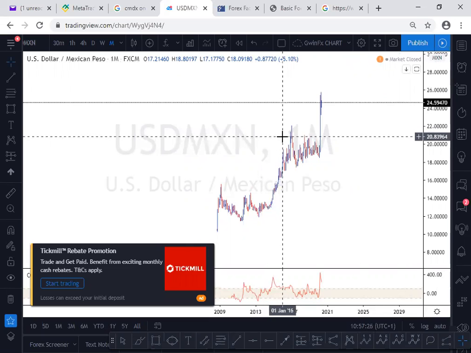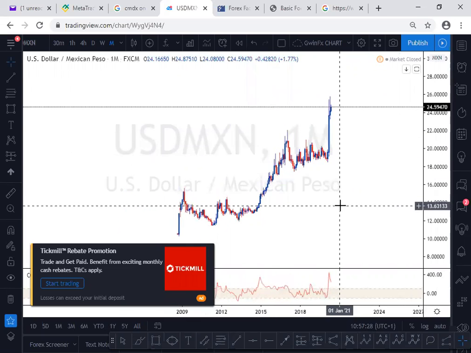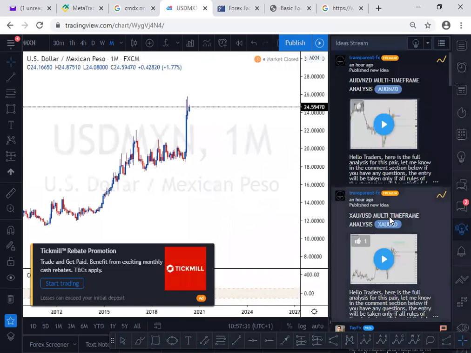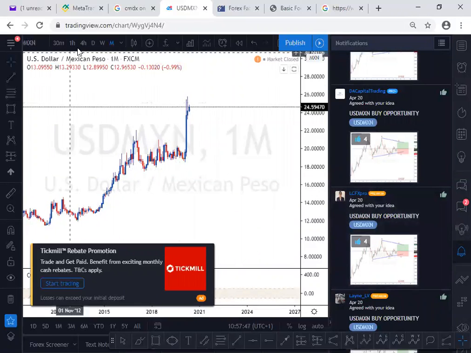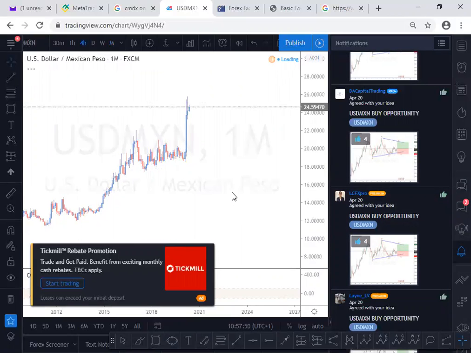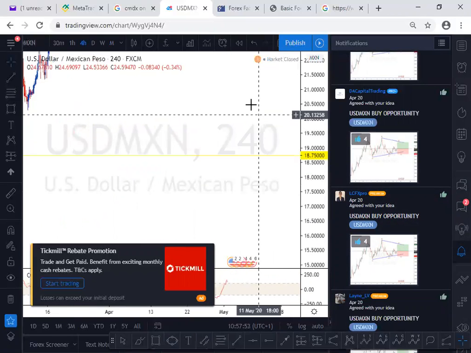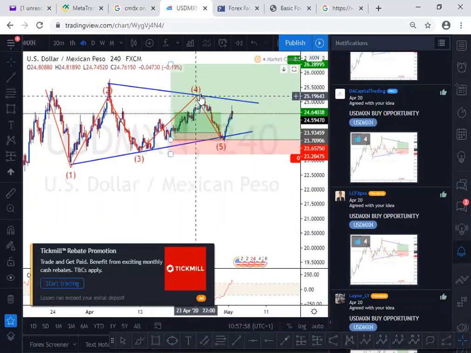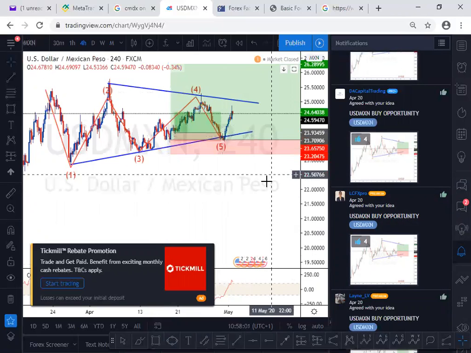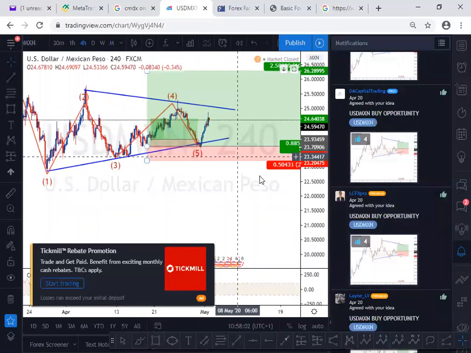All right. Today we're going to be starting with the USD Mexican peso. Remember we spoke about this pair when it was inside of this area, and we gave out a signal that we can keep bouncing off this symmetrical triangle. And now we had a successful bounce. We captured that massive push from this point to the upside and then back to here. So it was a massive trade and a good one.